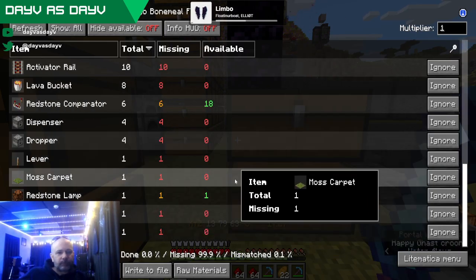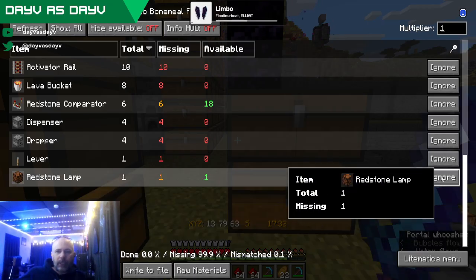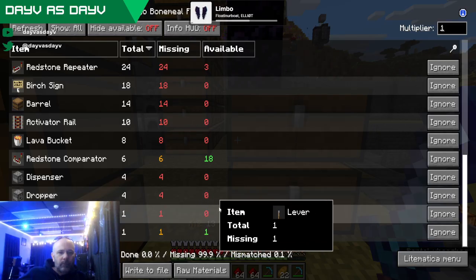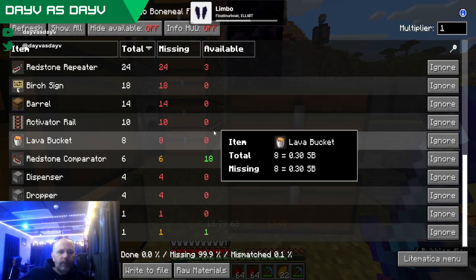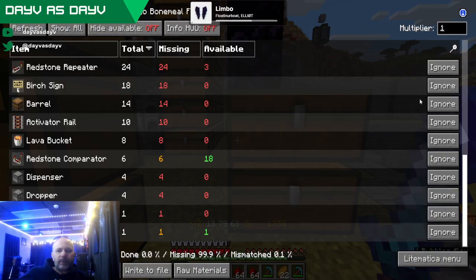Man. Ignore that. How do I keep this up? A lever, 4 droppers, 4 dispensers. Look at that next. A lever, 4 droppers, 4 dispensers.